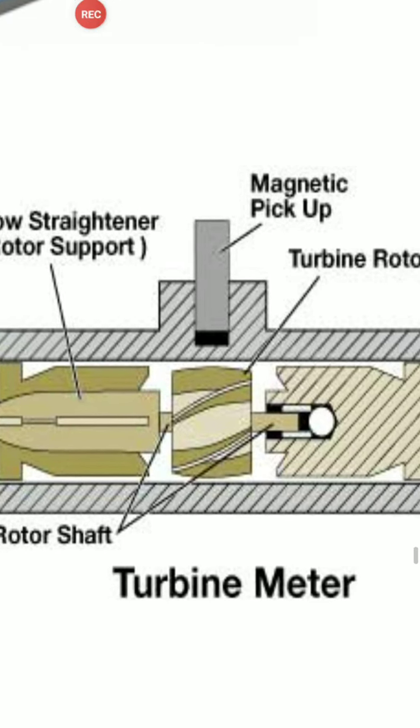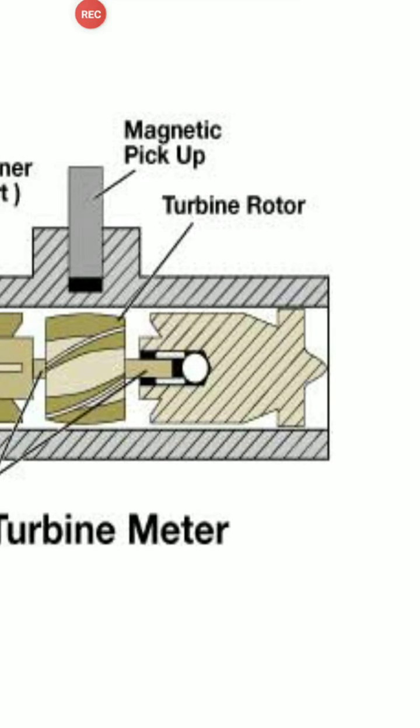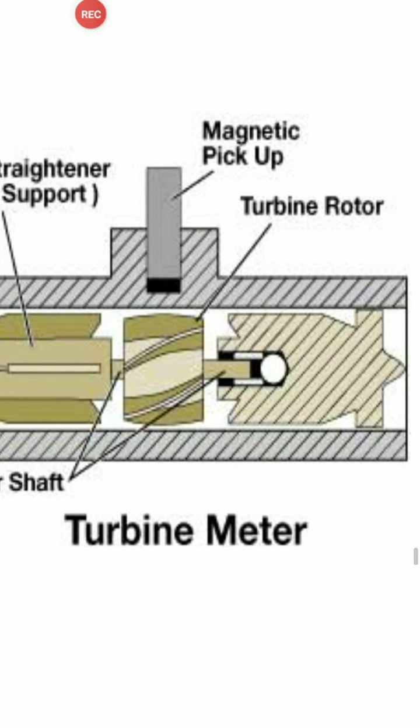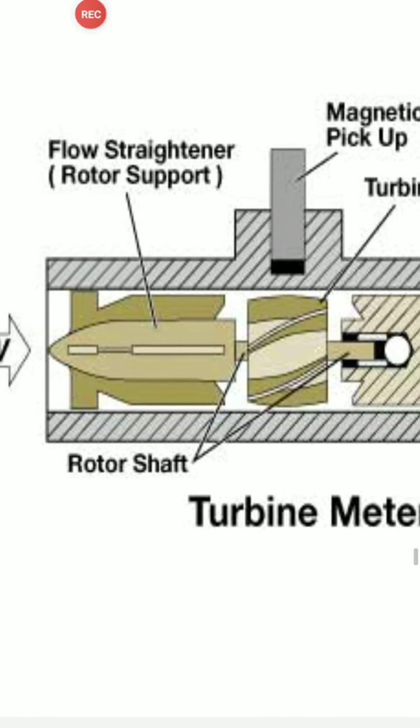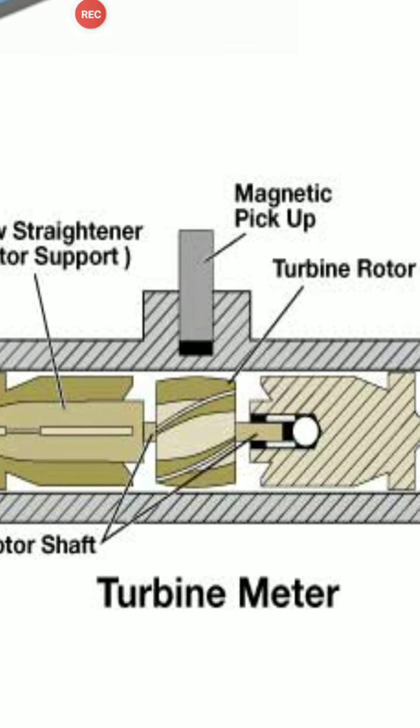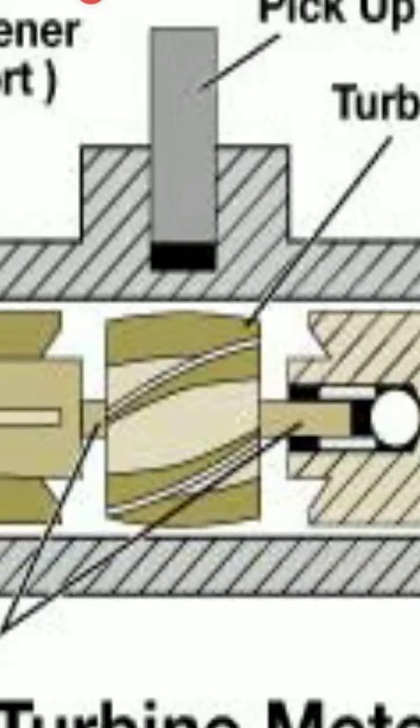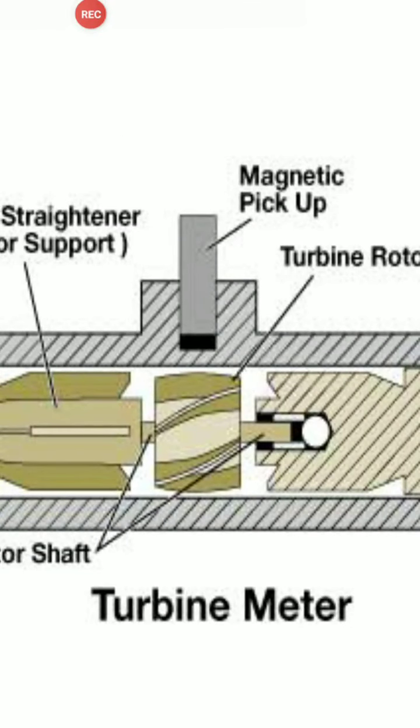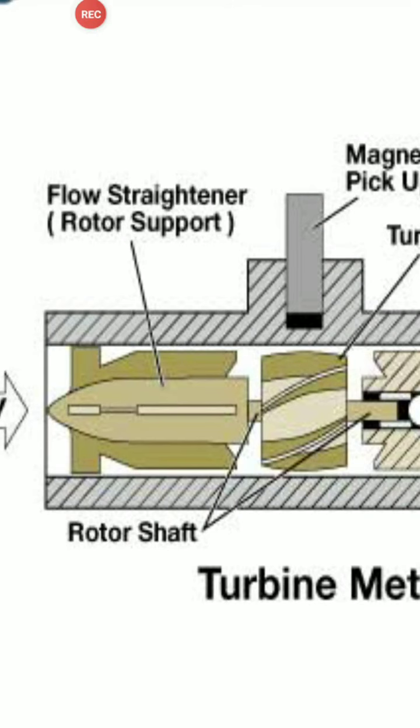Here is the cross-sectional sketch you are observing. This is a pipe. Inside the pipe, these are the turbine blades fitted on the rotor shaft, and here is a magnetic pickup. When the magnet fitted in the blade comes in closer vicinity, closer contact with this magnetic pickup arrangement, it will generate the pulse. And how these turbine blades rotate from inner section to outer section of the blades, in the zoom you are observing, the fluid imparts its energy on these blades and the rotor starts rotating.